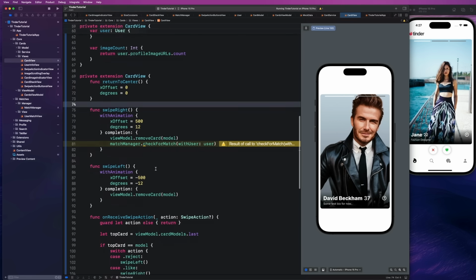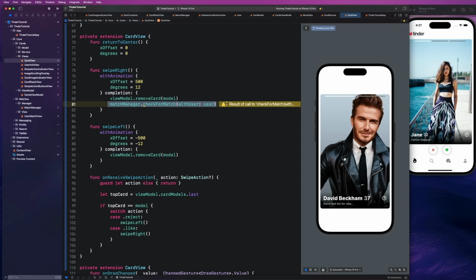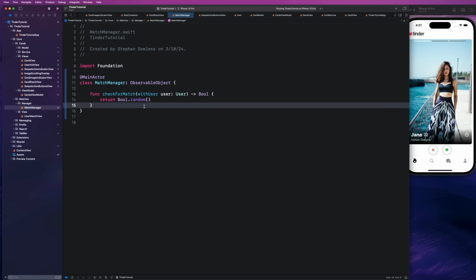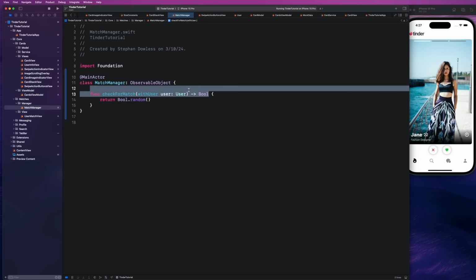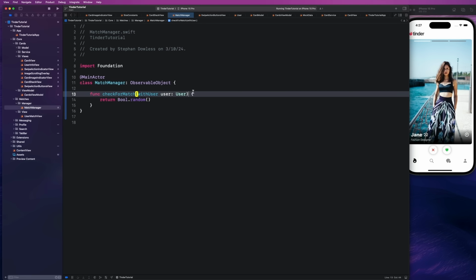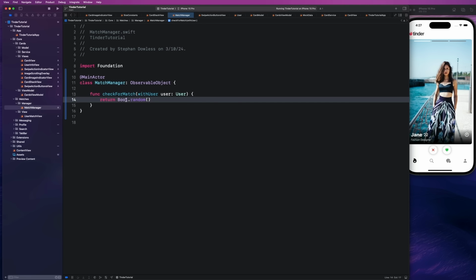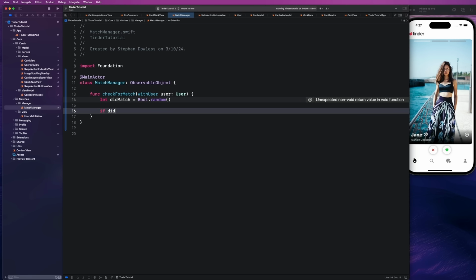And guys, we can see here that this function is set up to return a Boolean. We actually don't need to do that. So we can just go back to this check for match function, just command click into that, guys. And we don't need to return a Boolean here. I just realized that. So basically what we want to do here, guys, is we are going to use this bool.random functionality. So what we're going to do is say let did match equal bool.random. And then we're going to say if did match,